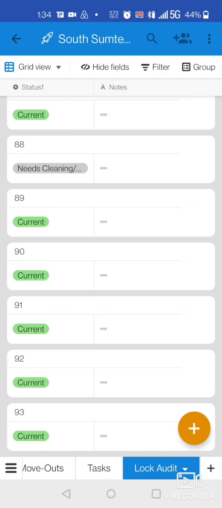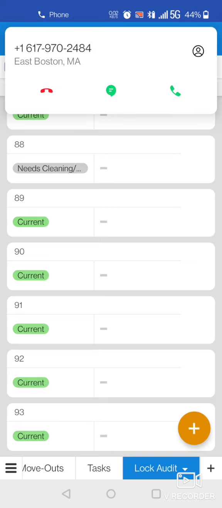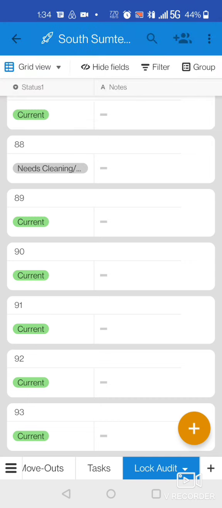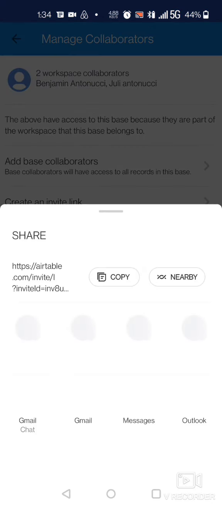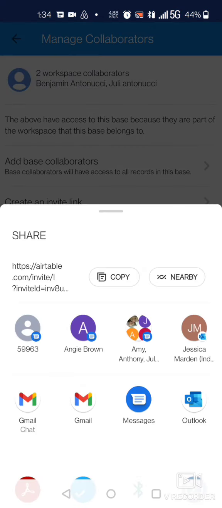And then once you go through that, all you're going to do is you have to send that lock audit to us, to our email. And the way you do that is by hitting that little plus sign with the 2 little guys up at the top right corner. You click on that, and then you're going to click the link that says editor invite link for any email, which is there. Okay, and that's going to bring you up,